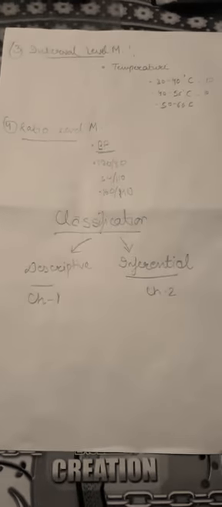So again, I am telling you, descriptive stat are basically used to organize, summarize and interpret the data in the form of graphs, tables, and it can be in the form of pie chart. So basically here we are first of all dealing with the descriptive stat only. We will be covering the inferential stat in chapter 2, and the descriptive stat we will be studying in chapter 1. So with this we have completed chapter 0, that is basically the introduction and concept of statistics.